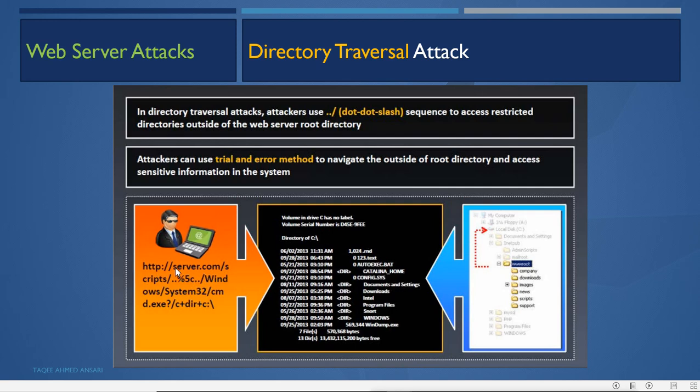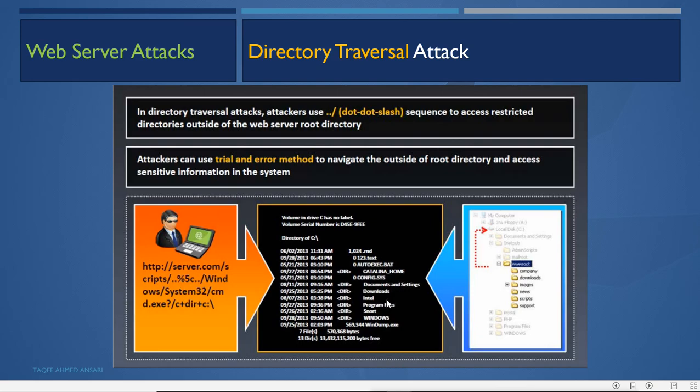If you go to server.com/, then you have a directory name, then another directory name, then another directory name, and in that directory you have the web page. So basically when you access that site, it will open this page, but it is under different directories. Like this, you can see the directory structure here. So what can the attacker do? The attacker can use a trial and error method to list these different directories.